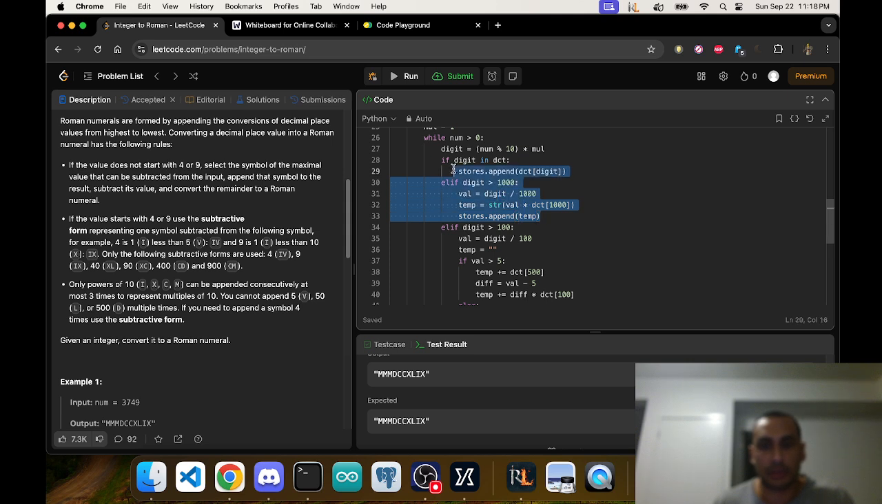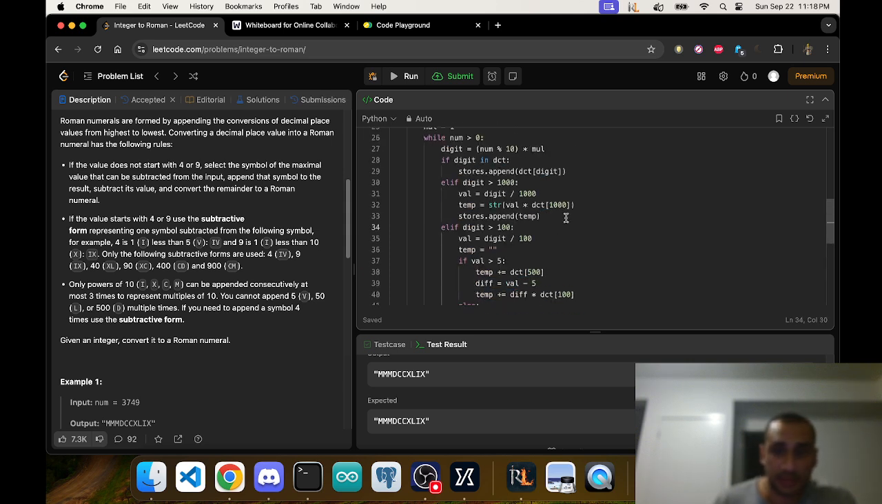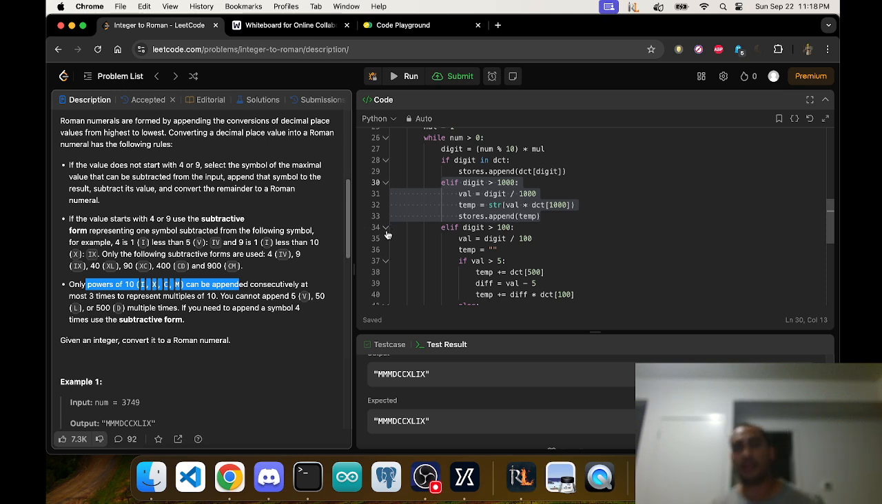Then all I have to do is worry about the 10s, 100s, and 1,000. The thousands are also easy. The good thing is it says if powers of 10, so 1, 10, 100, and 1,000 are all multiples, or all powers of 10. 10 to the power 0 is 1, right? So